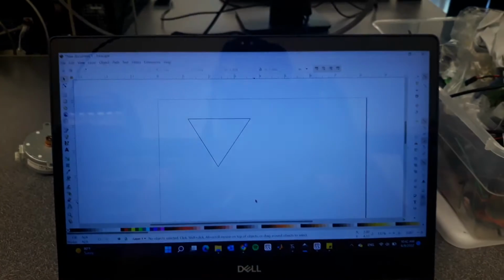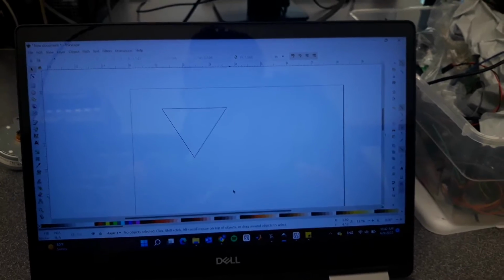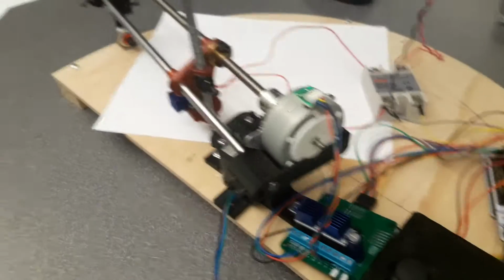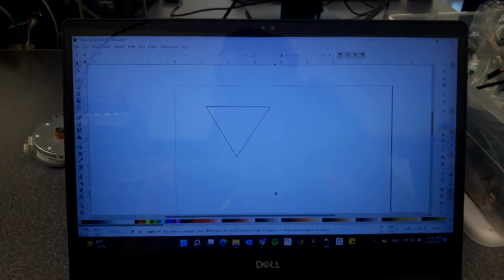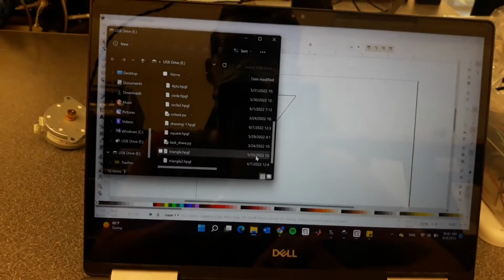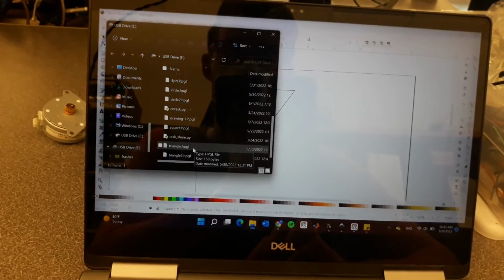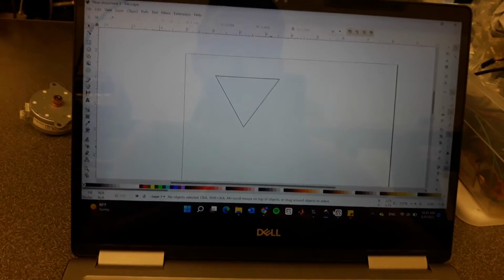I'll start off talking about what we use to create the image. We use Inkscape. You can see here I have a triangle drawn, and this triangle will be drawn later in the video on this piece of paper. This image is saved as an HPGL, and once it's saved as that, you upload the image to the Nucleo board. You can see it here, triangle HPGL. And when I run the program,